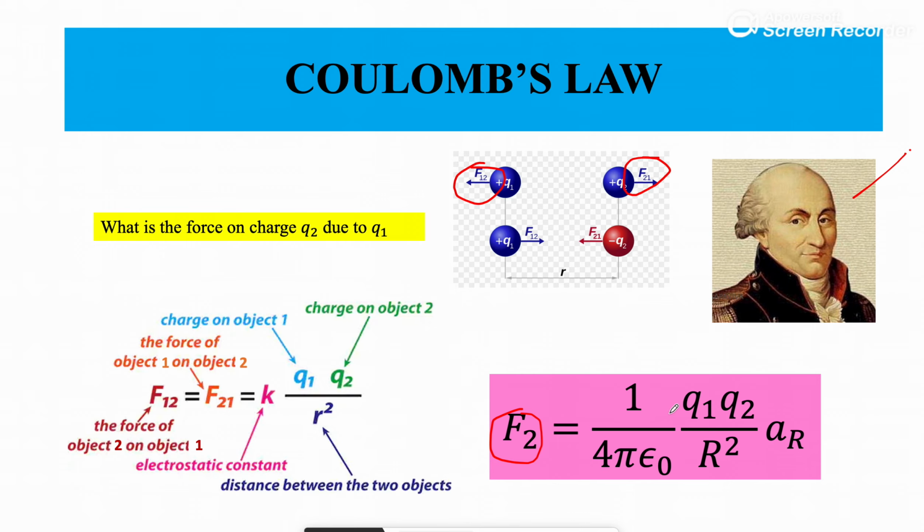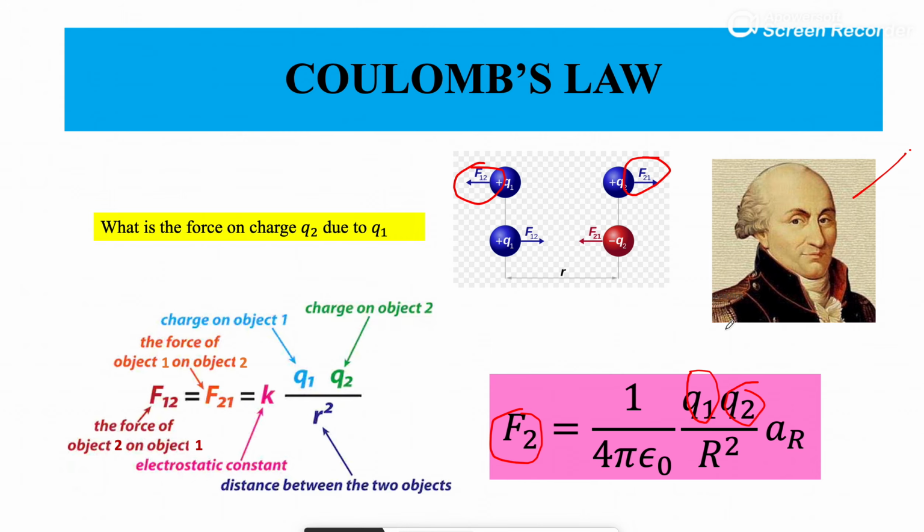So what are the terms that are sitting here? We are having Q1 and Q2. Q1 is your source charge, and Q2 is your test charge on which we are testing our force, or trying to find out the force. r square is the square of the separation between the two charges. So you can see here that r is the separation between the two charges Q1 and Q2. We assume that r is very large compared to the dimension of the charges.